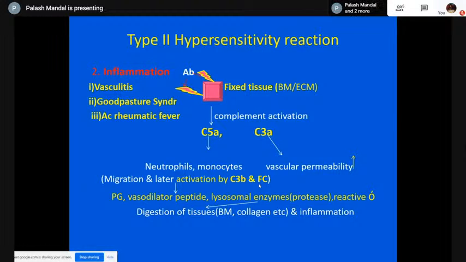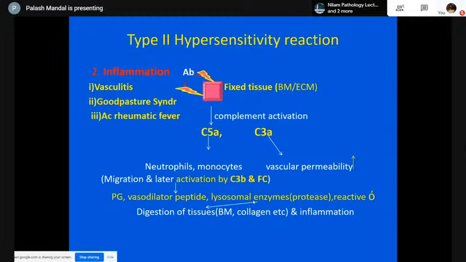Okay, finally what do they lead to? They lead to the production of prostaglandins, vasodilator peptides, and lysosomal enzymes like proteases. Similarly to what happened in the type 1 reaction, these enzymes are produced here also, but they are produced by these cells, not by basophils or mast cells. They are produced by neutrophils and monocytes, which lead to these reactions: lysosomal enzymes, proteases, and reactive oxygen species. Finally, as you know, these lysosomal enzymes and proteins lead to digestion of the tissues and continued inflammation. If the antibodies are being produced against the body's own tissues, naturally the reaction will not stop,